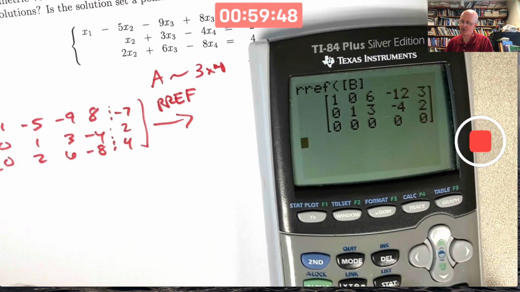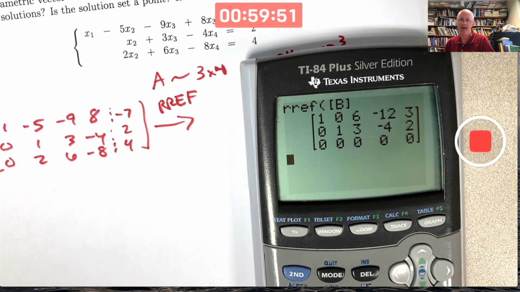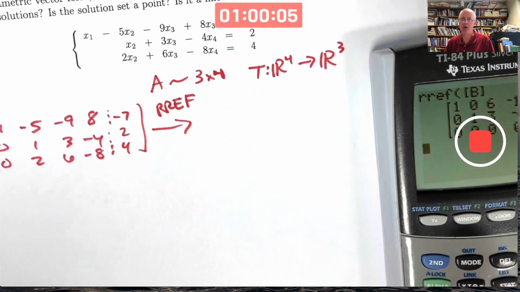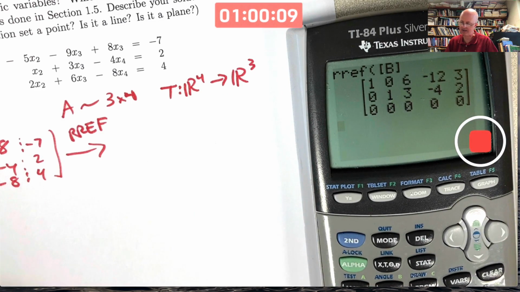There is a reduced row echelon form. It's not typical to get a row of zeros in this situation, but we happen to. Typically in this situation, you would not get a row of zeros, but sometimes we make matrices where that happens to test you on concepts. So trusting this, the reduced row echelon form is